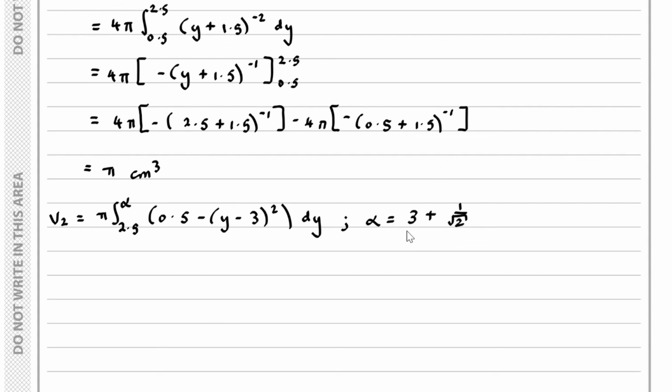Now the only reason I'm writing alpha is because I don't want to continuously write this result out again and again. So if we work all of this out, you can see